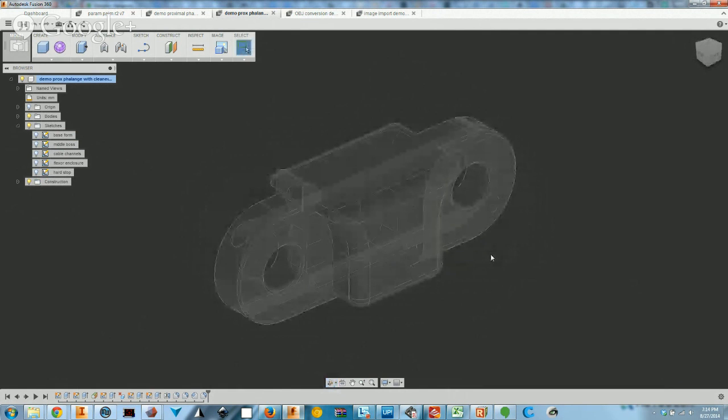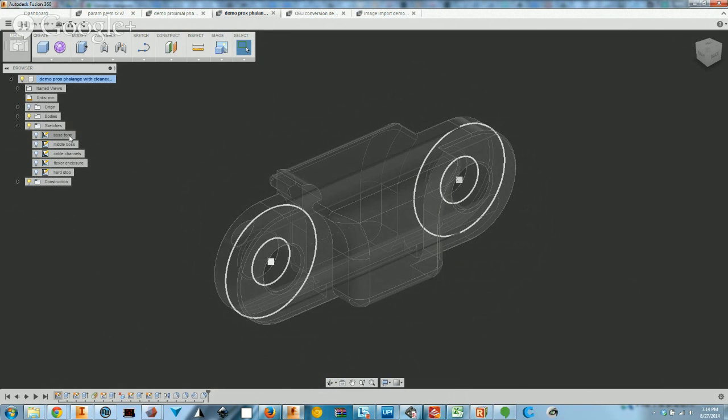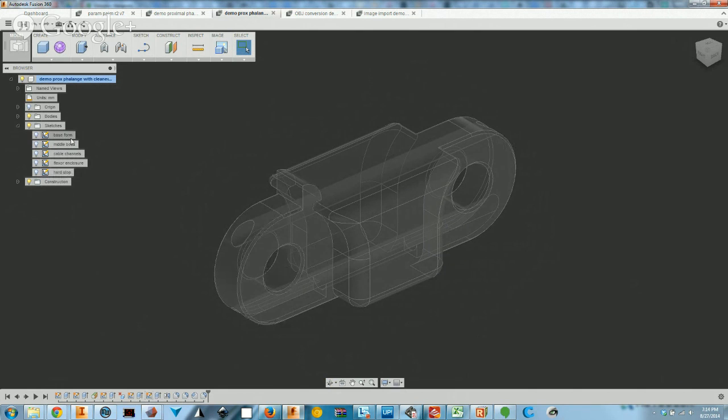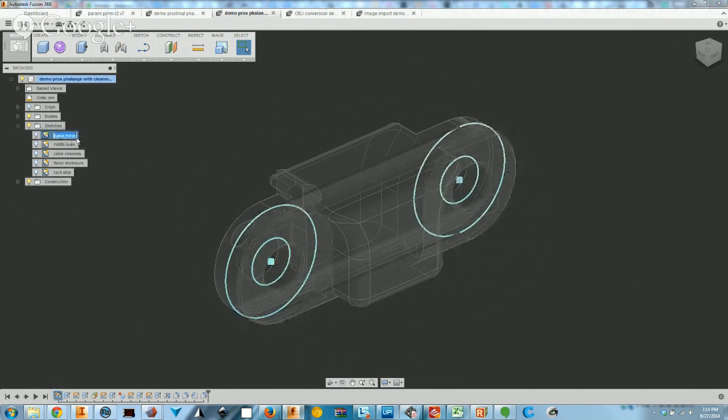Instead of being a custom one-off, it's designed to be editable by other people and to be adapted to their needs. So I put it together in a slightly more elegant, efficient way. You can see instead of 8 sketches, I just used 5. Additionally, I labeled those sketches so that